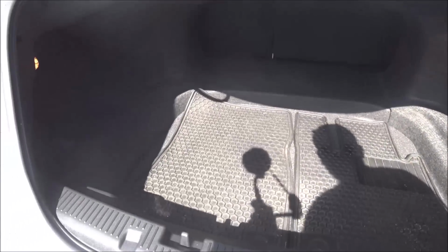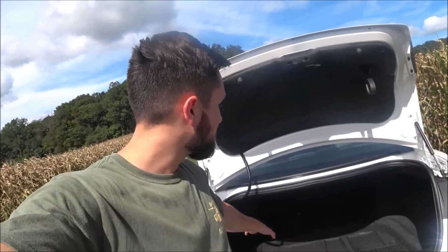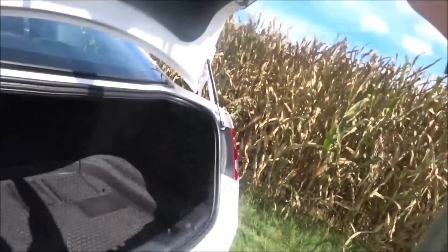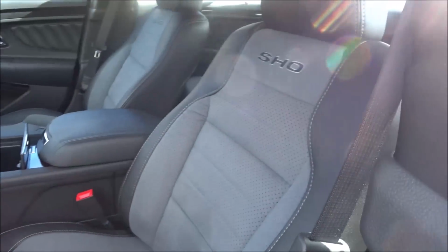This car comes with a huge trunk if you're going to have golf clubs or whatever you want to fit back there. A body, just kidding, don't put a body back there. But the car has a huge boot. You like that, Europe? Huge boot in the back, fits golf clubs, tons of suitcases, fits anything you would want or need in the back of the car. Because again, I'll take you to the inside of the car and show you guys